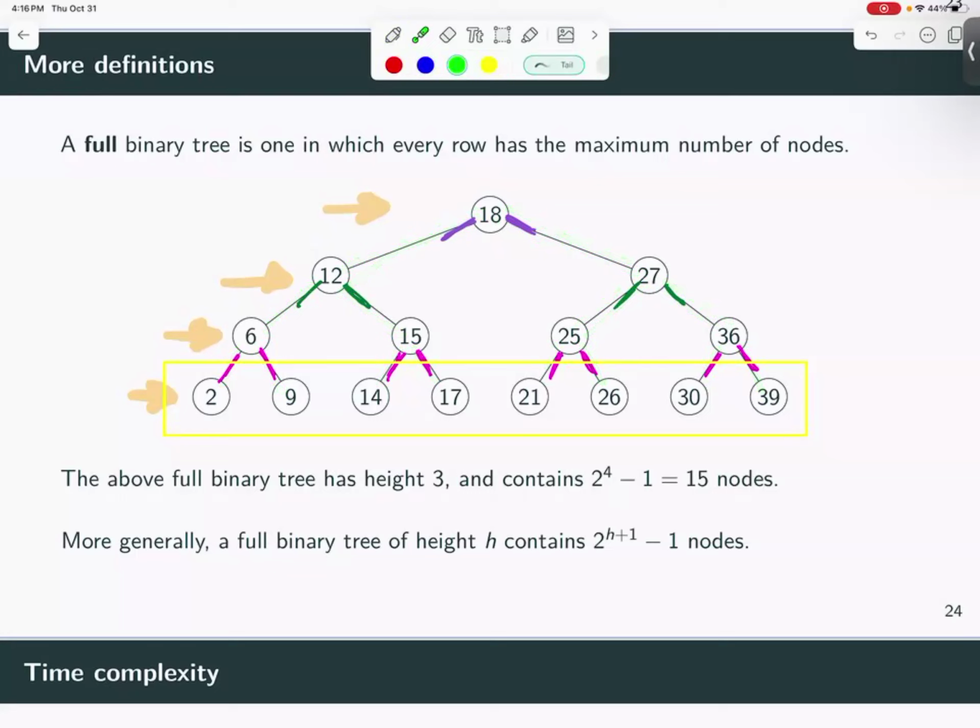A full tree with height 3 will have 2 to the h plus 1 minus 1 nodes. So if it's a full tree, this level, I guess we'll say, has 1 node. We're going to actually call this level 0. This is level 1. This is level 2. And this is level 3. What are we actually doing here? Well, this is like